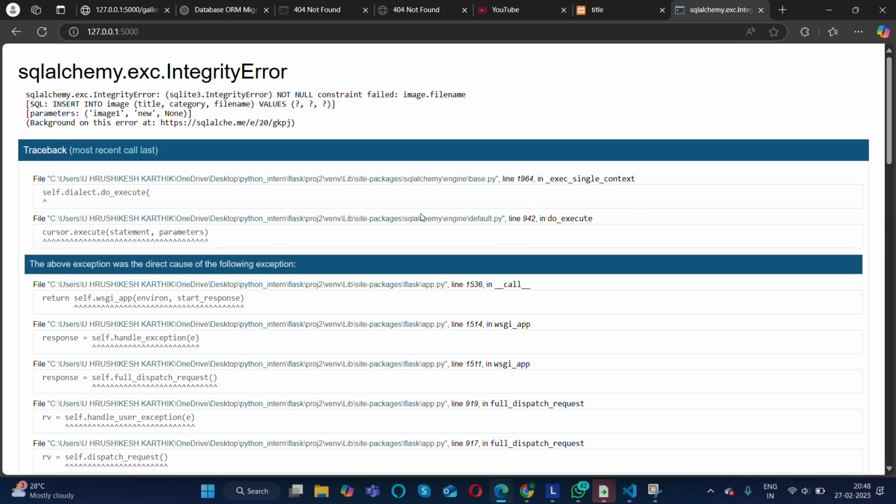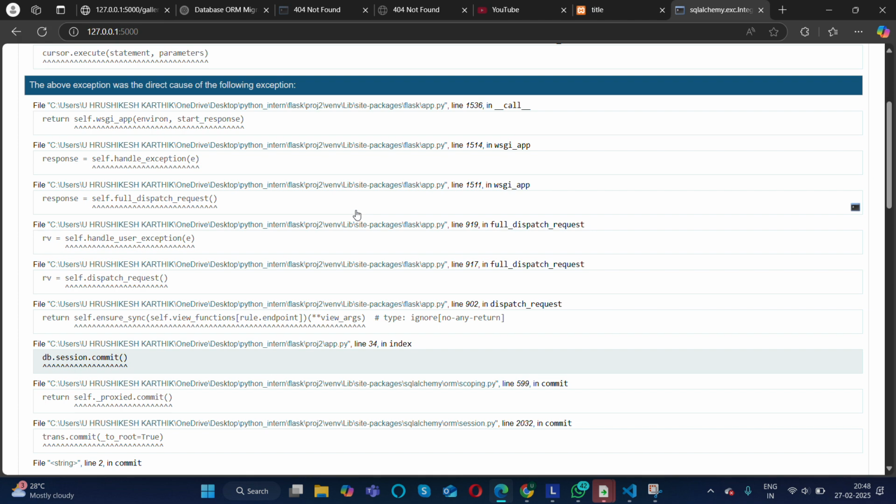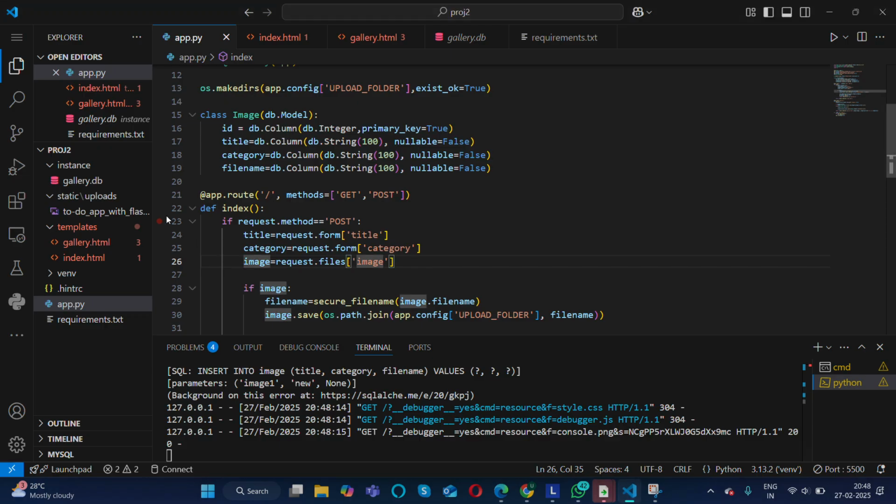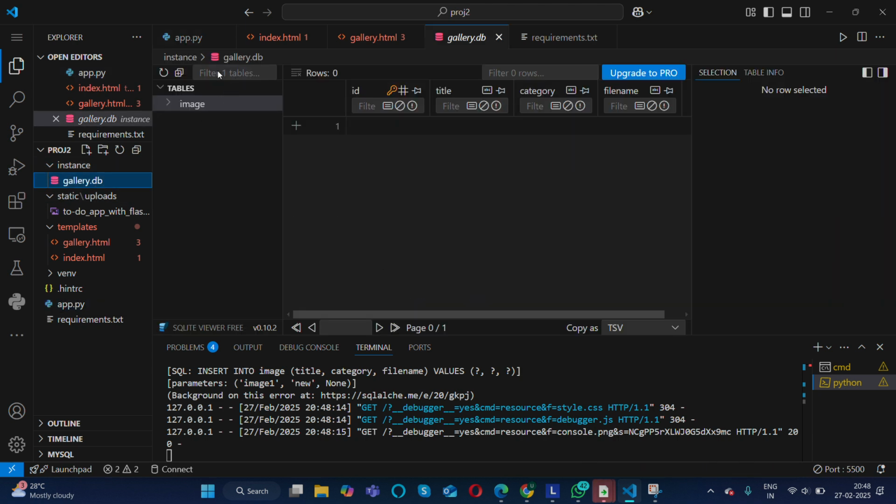Page 34. Choose. Okay. Let me see if we got it saved or not. There is nothing.